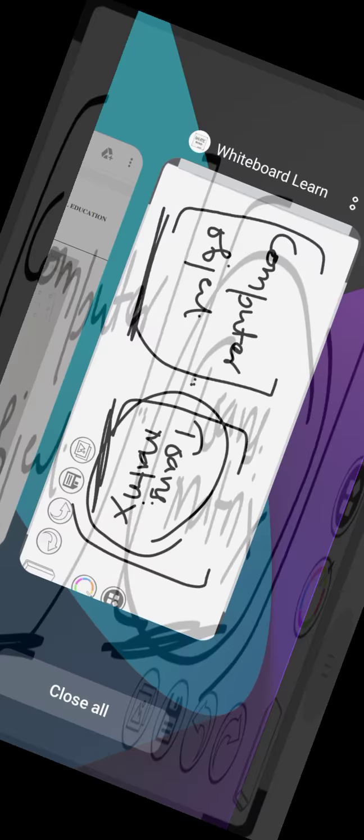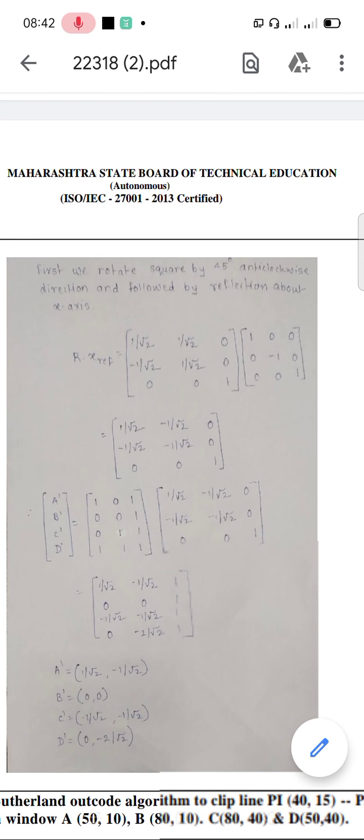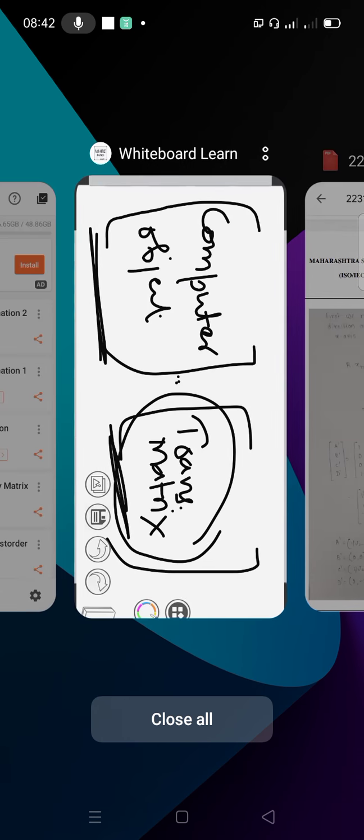If you change the sequence, then possibly we will get a different answer, or in some cases you may not be able to multiply the two matrices. That is very important. So the order of the matrices is very important, and the way in which you are multiplying is also important. I think the idea is clear to you now. Now we will see some more problems based on our concept.